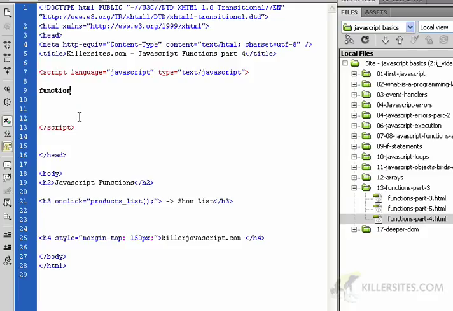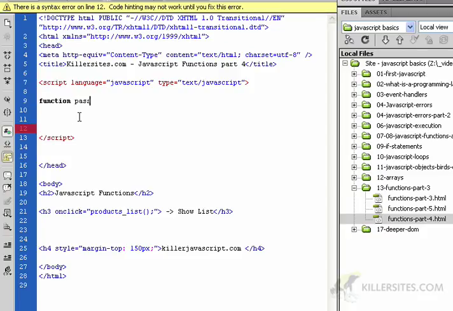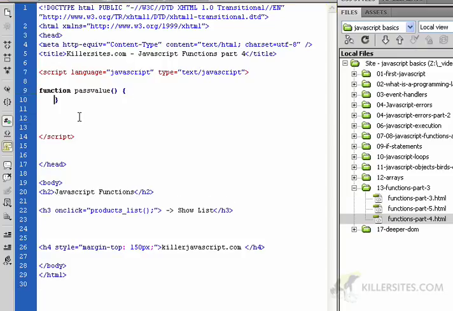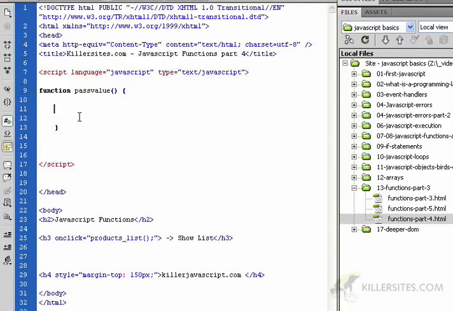So we go function, pass value. That's what we'll call it. And our little curly braces. So here's our basic function. So let's say we're going to pass in a message, lowercase. I like it all lowercase. It's just easier to read. So now what we want to do is